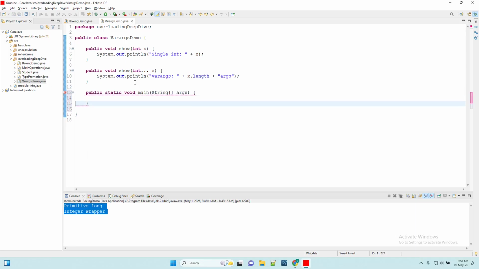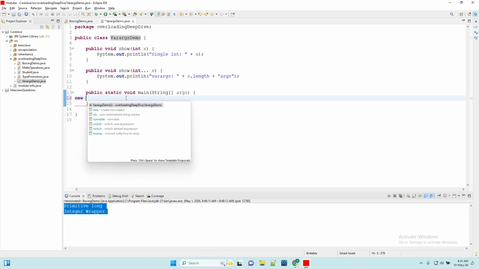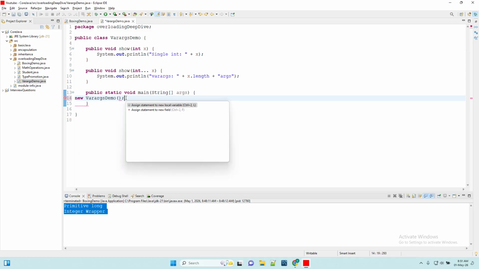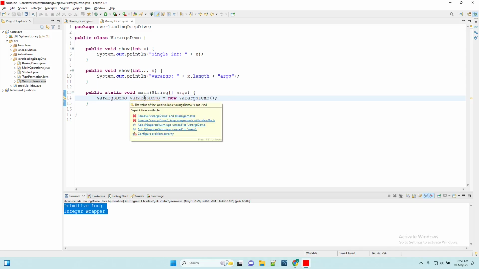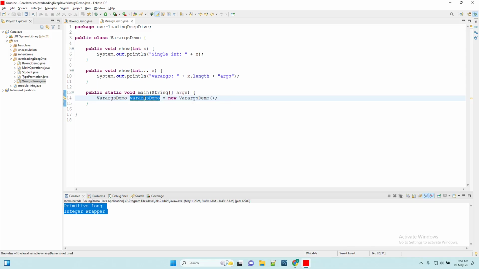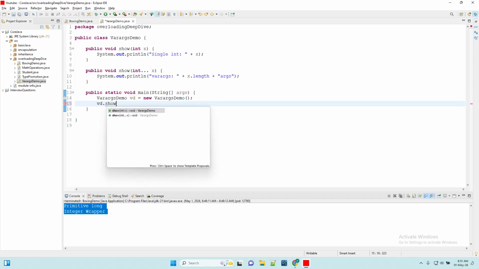Okay. Now let's create an object. New VarargsDemo, give it bd. Now let's call bd.show with 10,